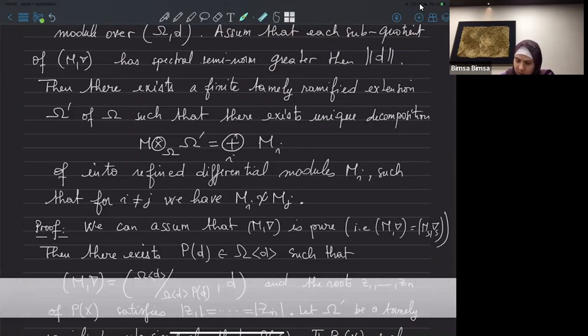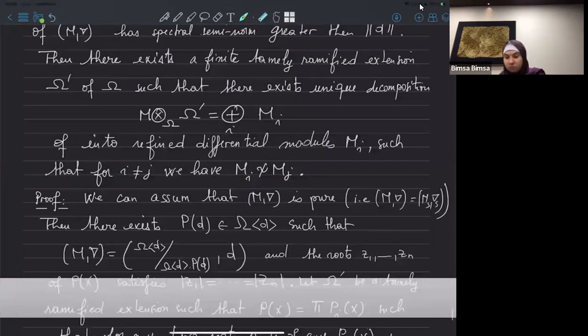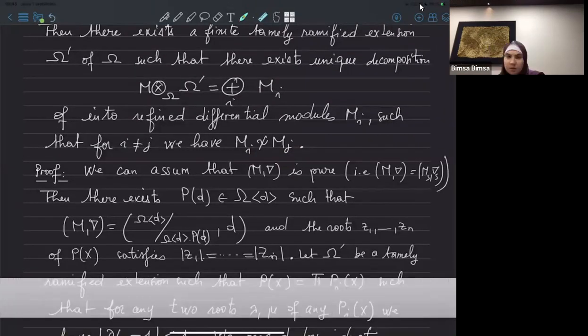Such that this means just that there are no roots that are too close to this part. The roots of this one are not close to the roots of this one. We will separate them as follows. The problem is, if the roots don't have the same absolute value, we can separate them easily. However, we will just focus on the case where the differential module is pure, which means that